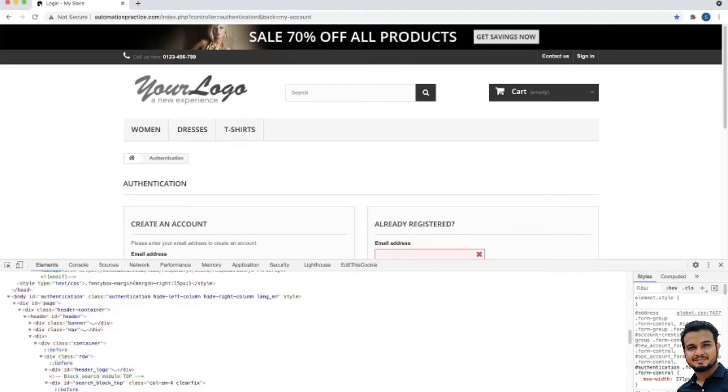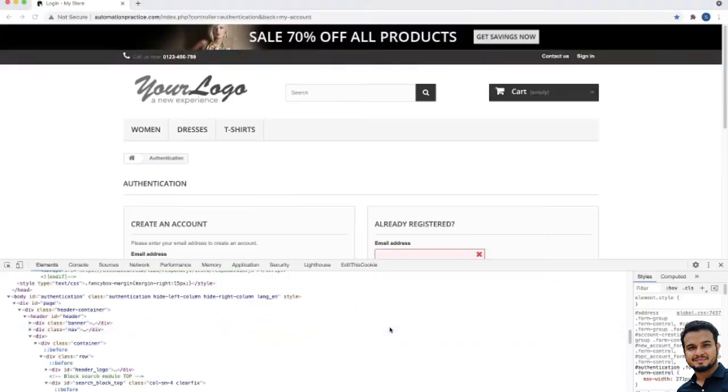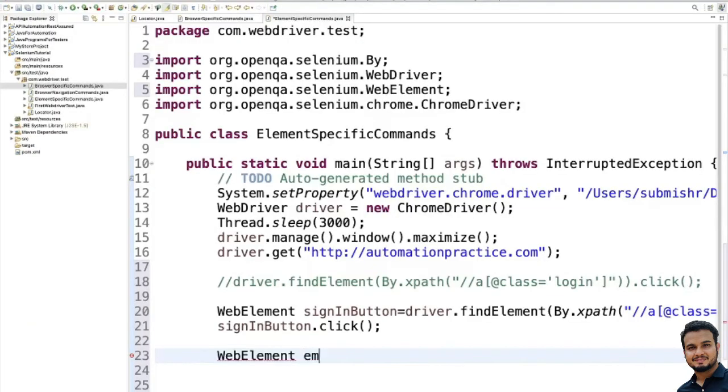So input @ID equal to email. Okay, now what we'll do, similarly we'll write web element, this is email address, right?